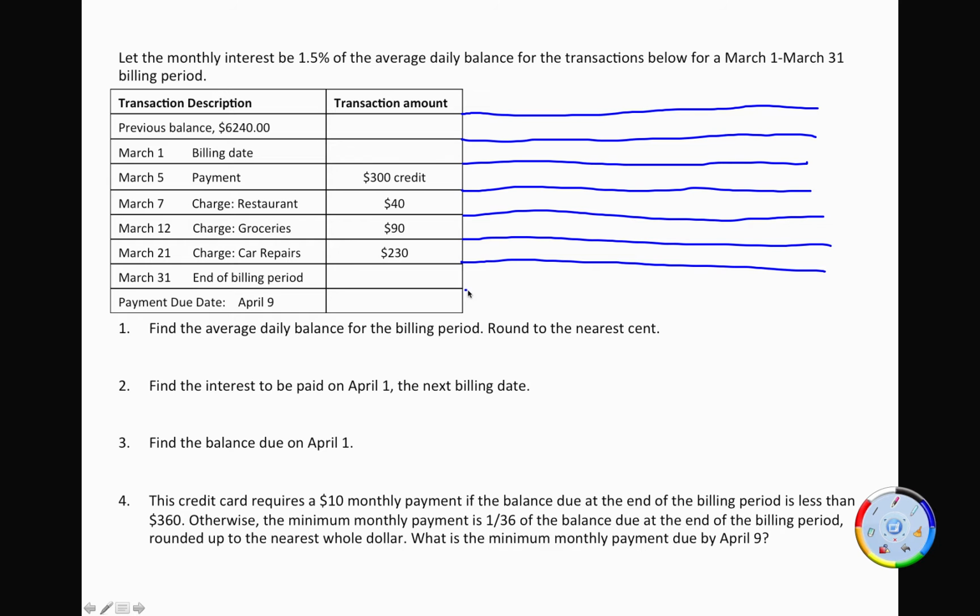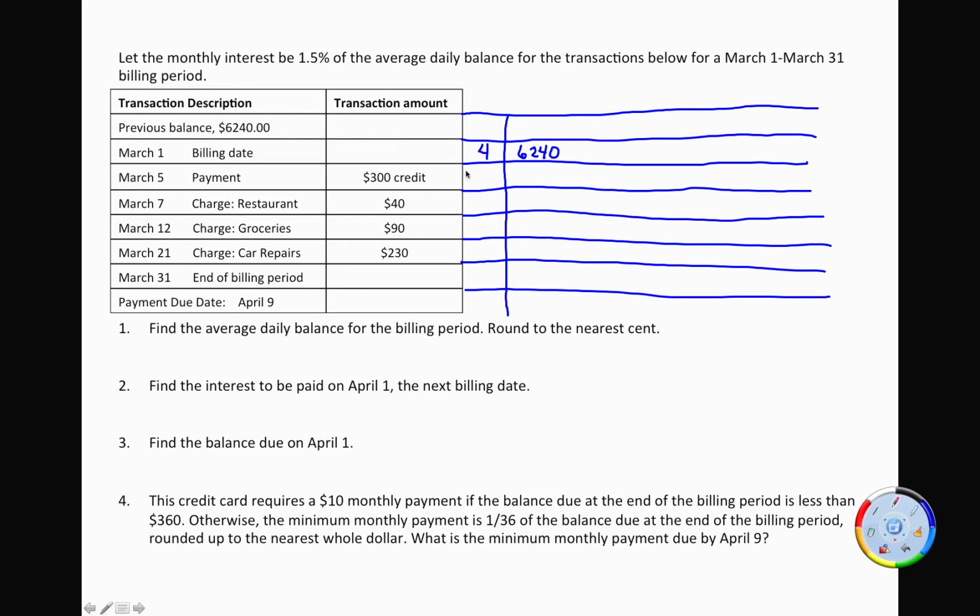All right. So we need to add a column for the number of days that we are carrying this balance. So we started with $62.40. So that's our balance on March 1st, and it doesn't change till March 5th. So March 1st, 2nd, 3rd, 4th, that's 4 days. Or 5 minus 1, we went 4 days owing